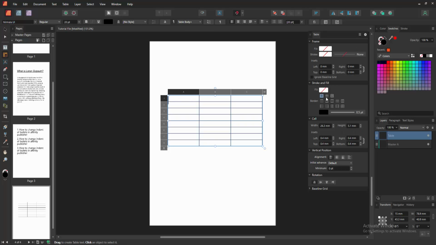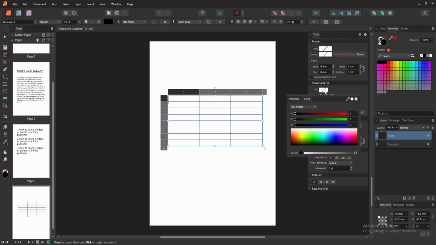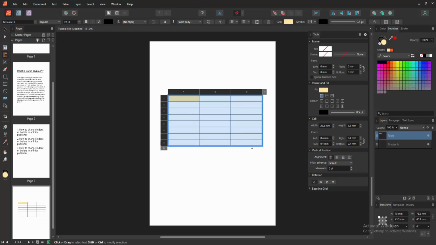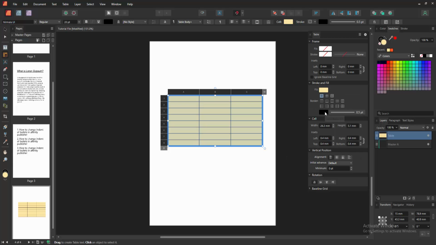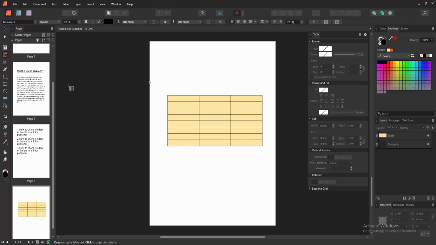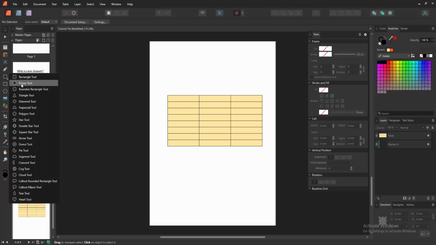Then we can see here many options. Now I select this fill and choose fill color. Firstly, select the whole cell of this table and apply the color. Then select the outline. Then go back to the tools option and select the shapes drop-down menu and choose the